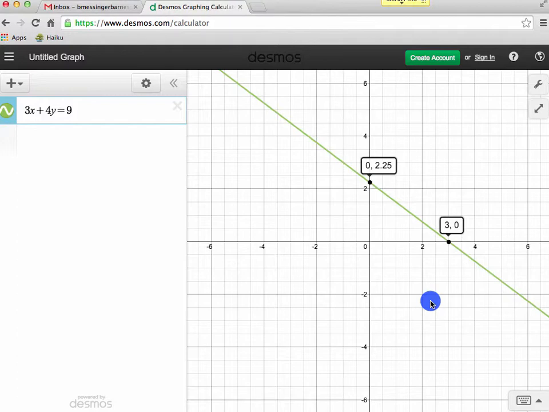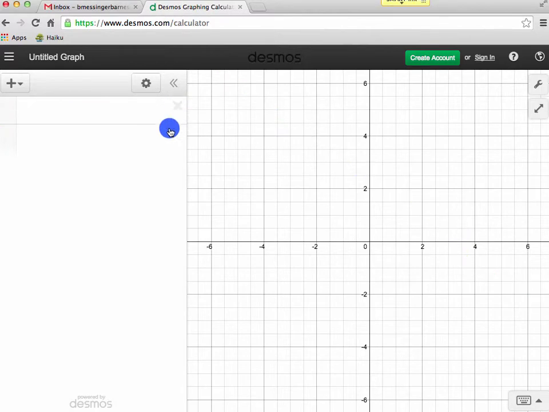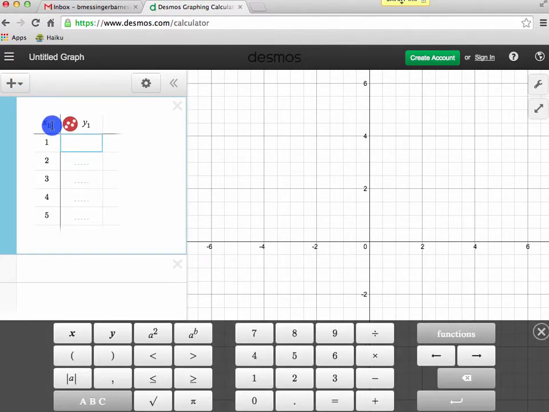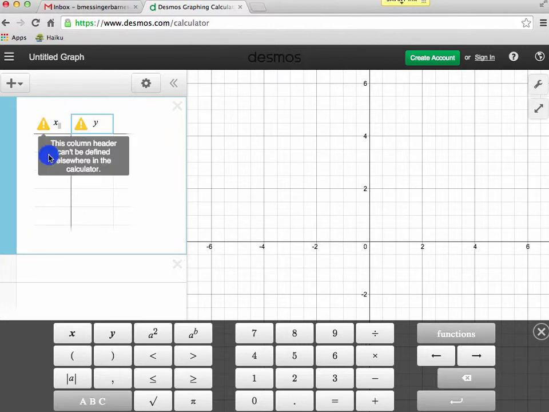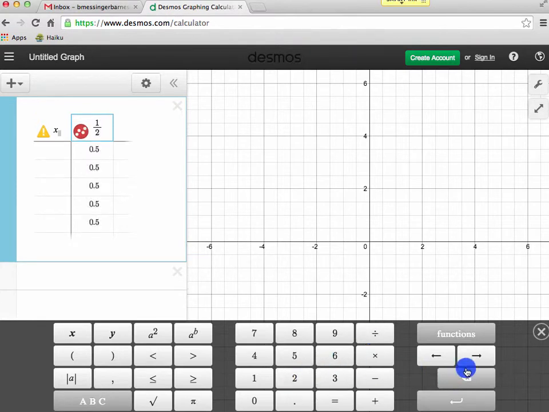Something else you might want to use this for is to make a table of values. So I'm going to delete this again, and I'm going to add this time a table. And this is probably what your table looks like on the iPad when you start. So what we're going to do is, suppose we want to find a table for y equals 1/2 x plus 4. In this column, we're going to put all of our x values. In this column, we're going to actually just write 1/2 x